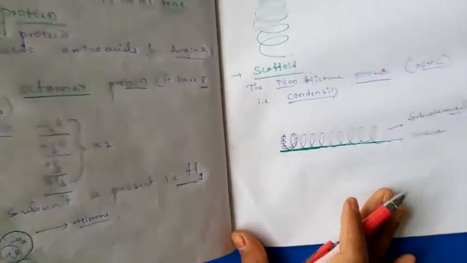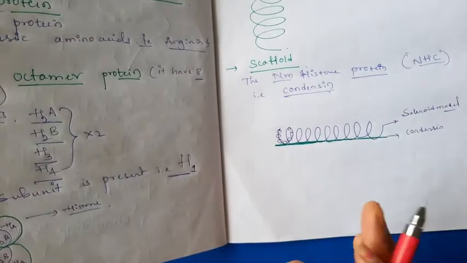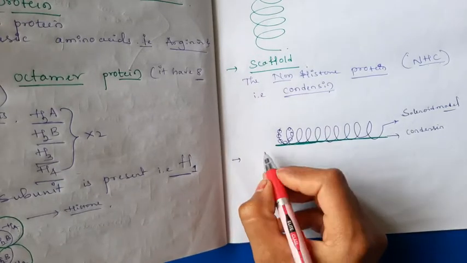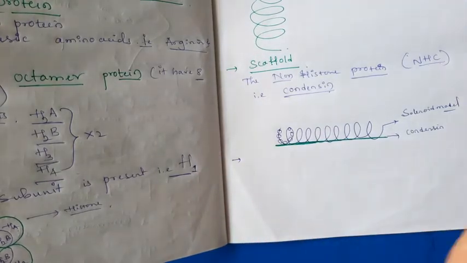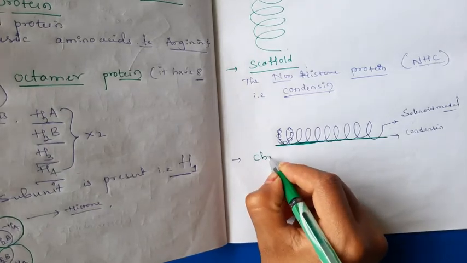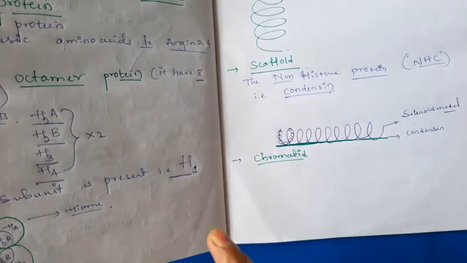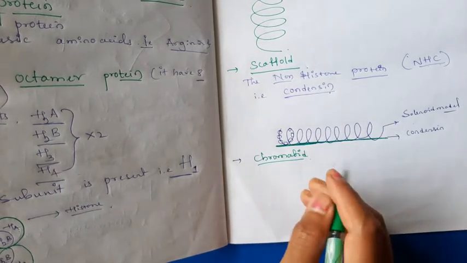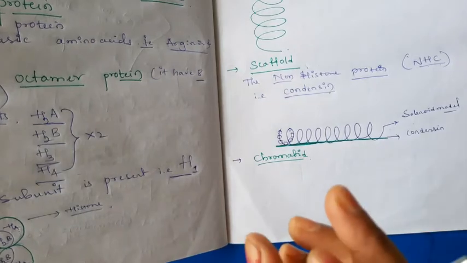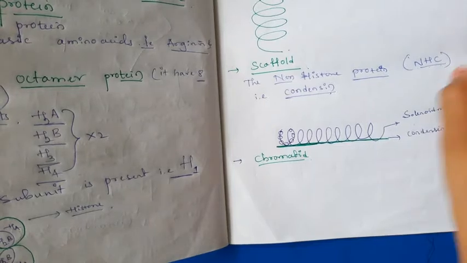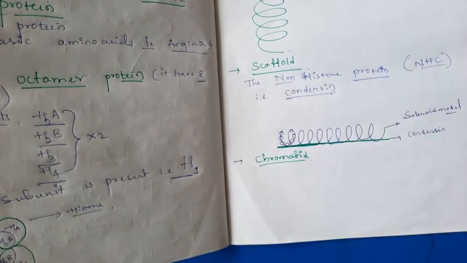This will also help to reduce the length of DNA. Next, the chromatin model. What we discussed in the starting of this class: chromatins are the visible genetic material in the DNA. Okay, the chromatin models. Here, the helically arranged